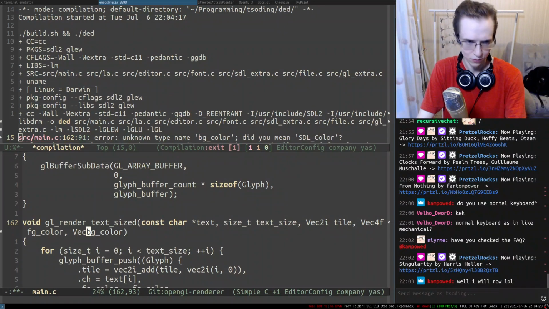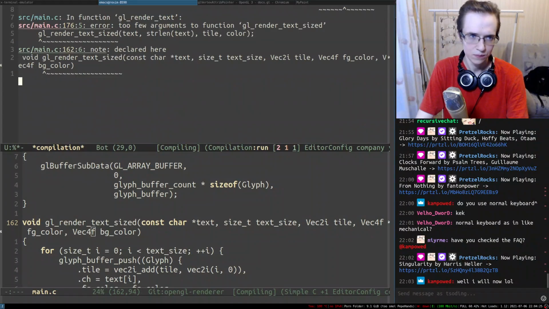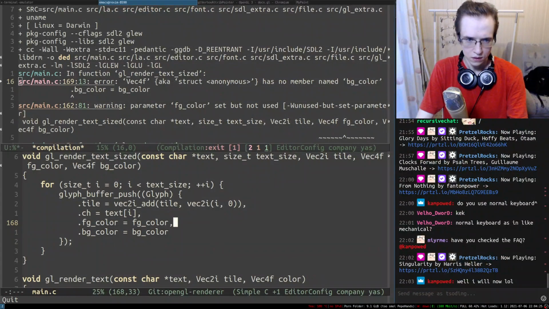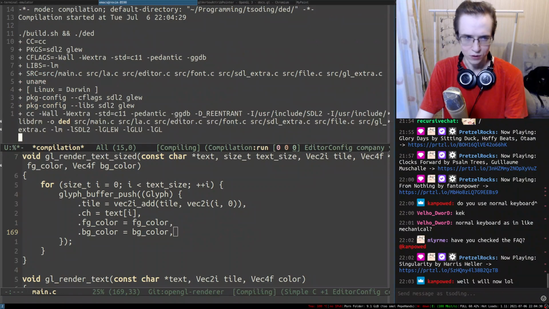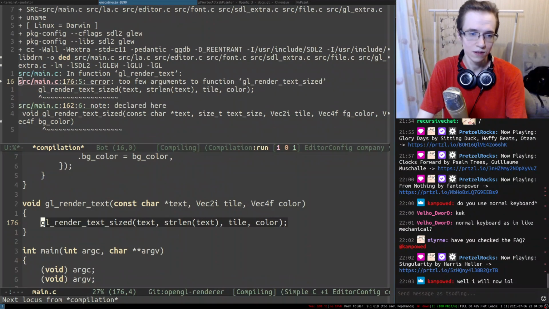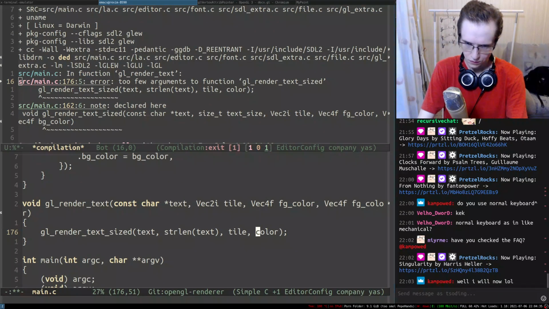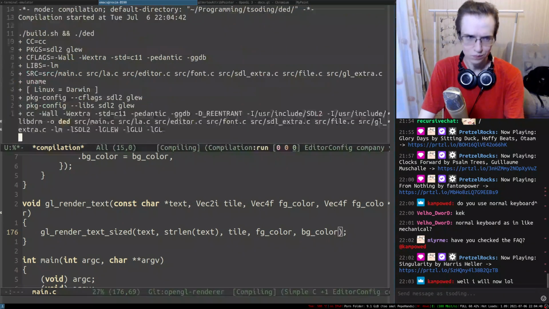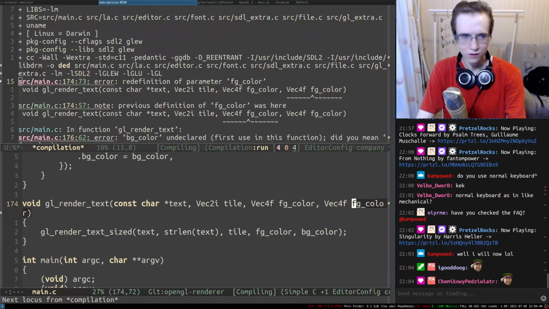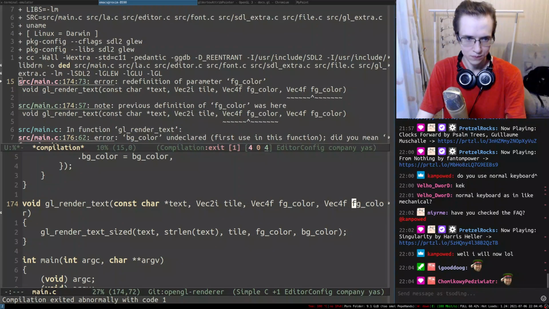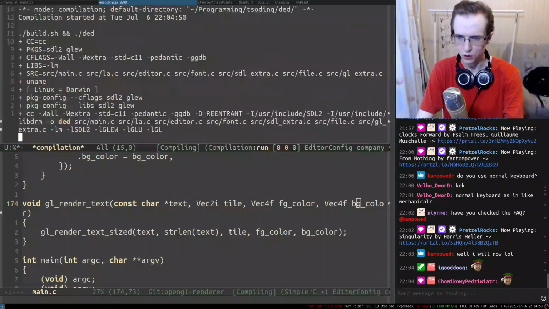In this one, actually, like this, 4F. Commas. FG color, BG color. Exactly. So this has to be BG color.